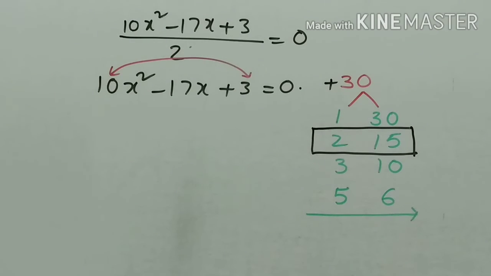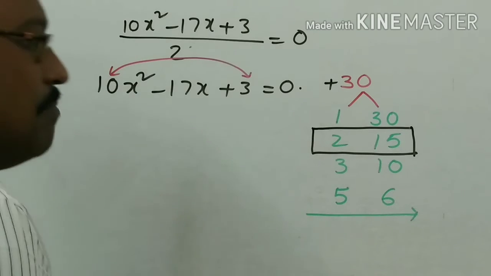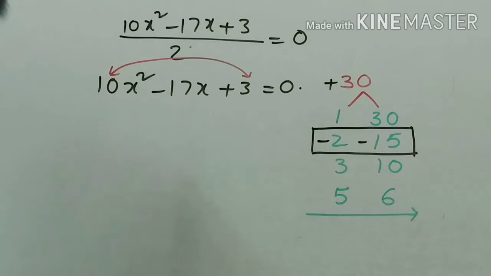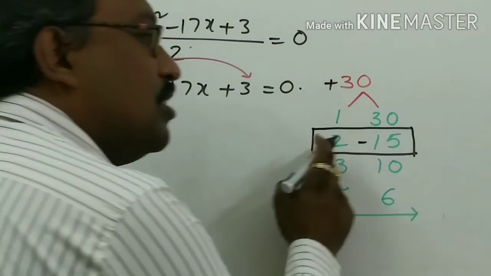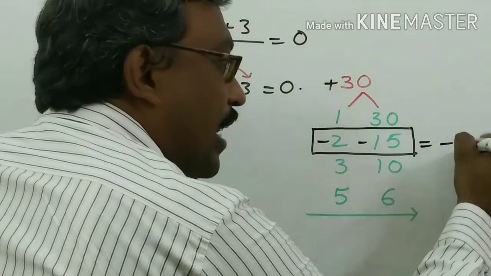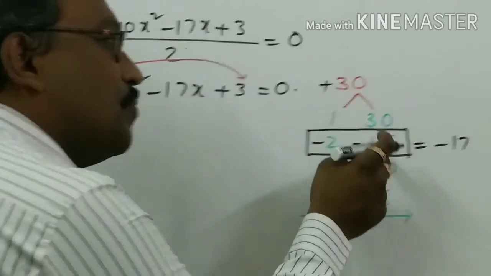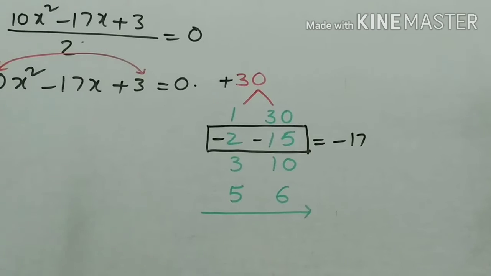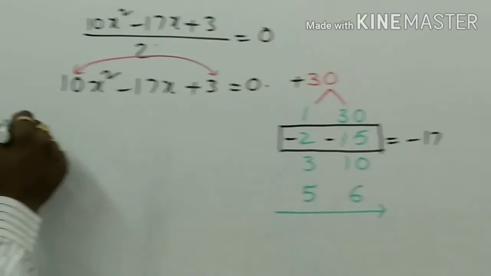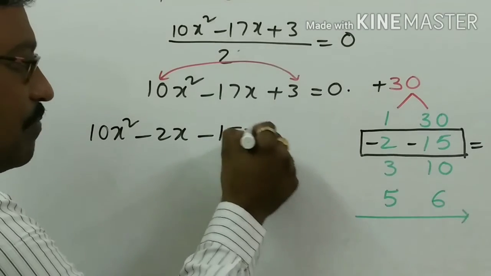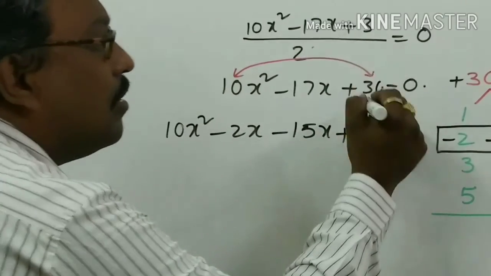Now the symbols. Here the number is minus 17. If I take minus 2 and minus 15, added together is minus 17, and minus into minus plus, 2 15s are 30. Now substitute here: 10x square minus 2x minus 15x plus 3